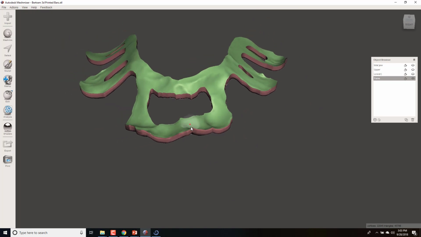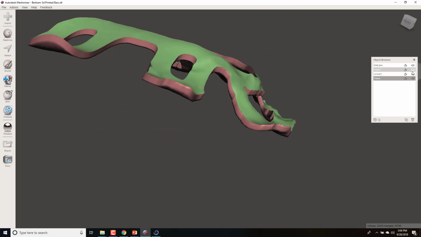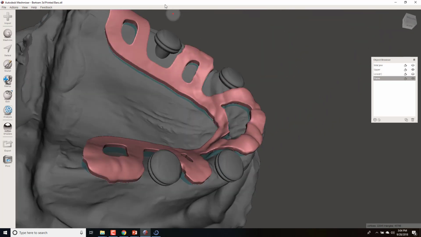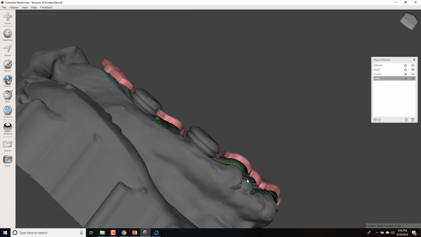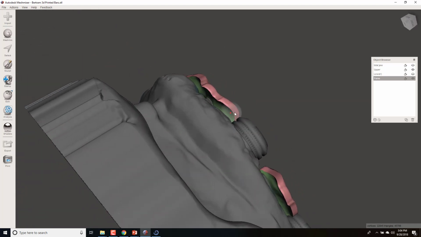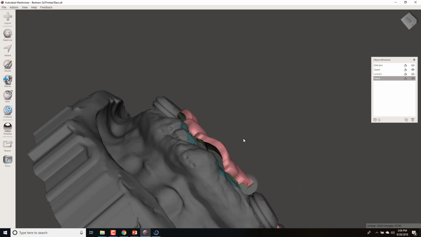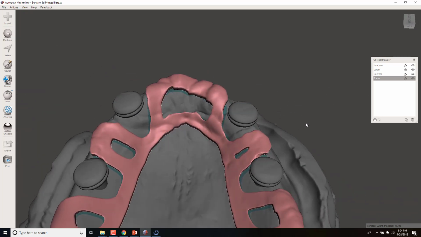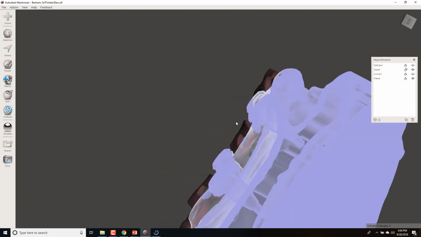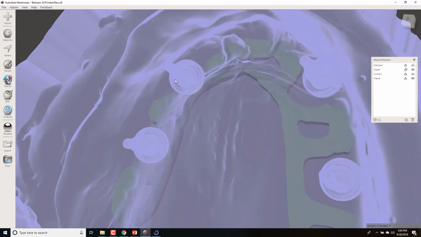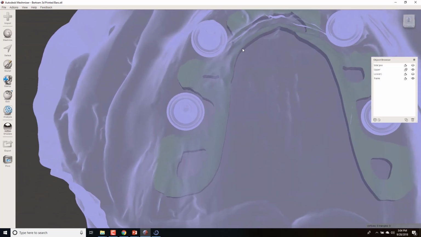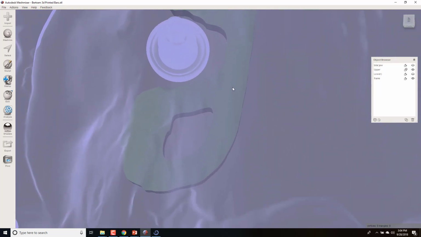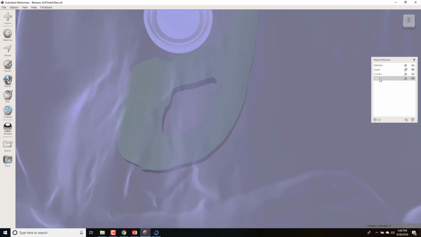So now we have this object, and the only problem with it is that if you were to try and process this, imagine dropping this onto the model, there's nothing to keep it up that 1 millimeter off the tissue. So you need to create some tissue stops. And the way I'm going to do that is clicking the magnet beside the upper model and then looking at this from what would be the underside of that framework, and I'm going to now select the frame in